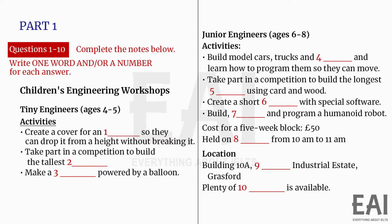They're in Building 10A. There's a big sign on the door. You can't miss it. And that's in Fradston Industrial Estate. Sorry? Fradston. That's Fradston. And that's in Grassford, isn't it? Yes, up past the station. And will I have any parking problems there? No, there's always plenty available. So, would you like to enrol Lydia and Carly now? OK. So, can I have your full name and...